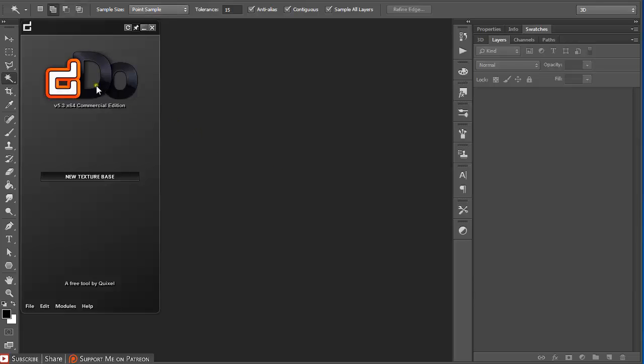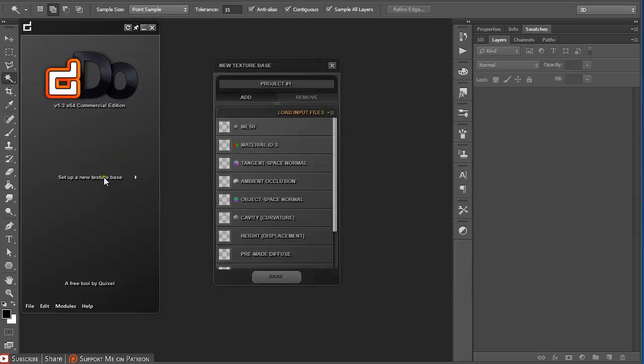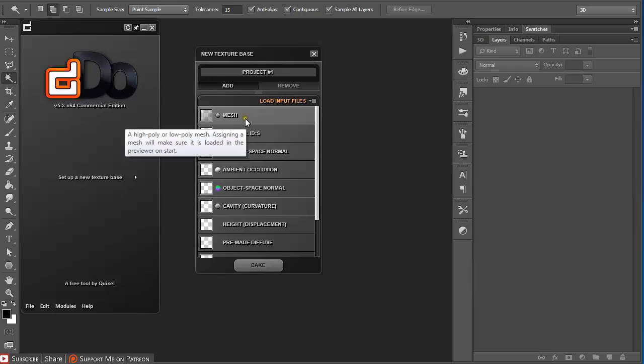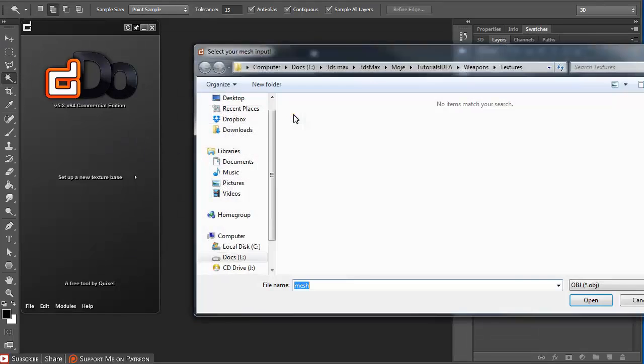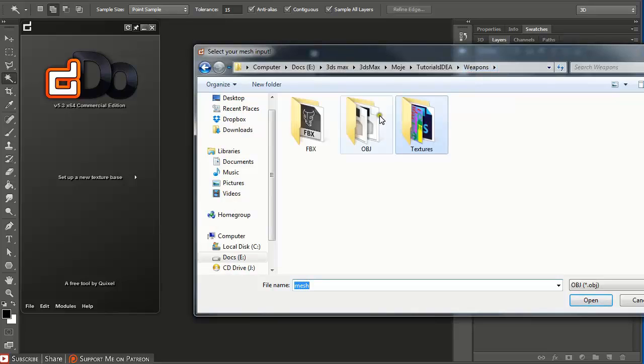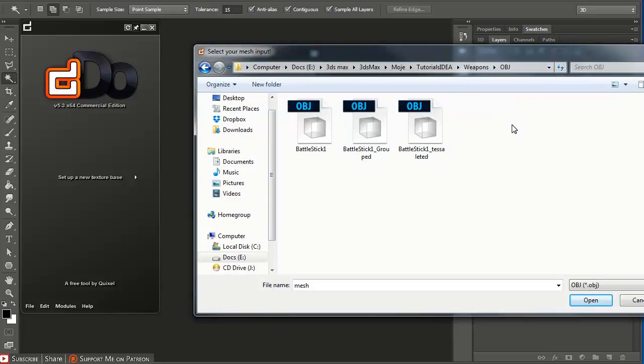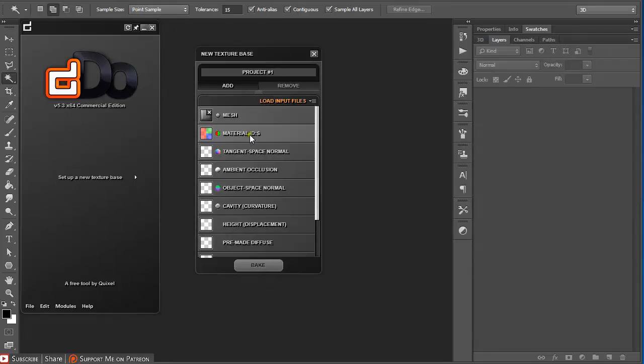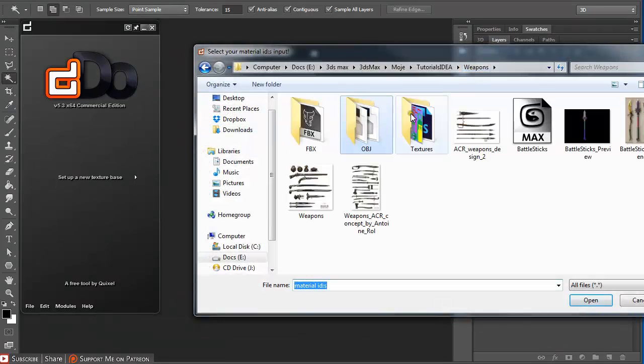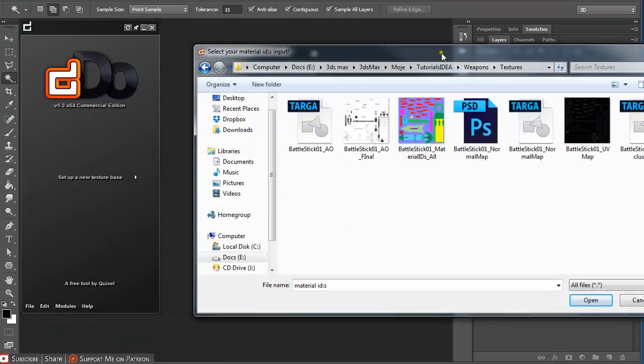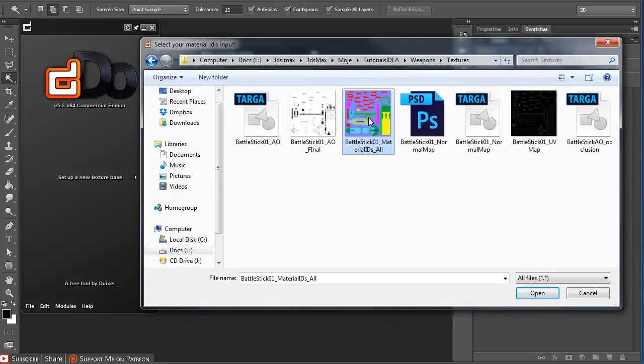So here we are in dDo to paint our model. To create a new texture, just click here, new texture base, and this window will pop up, and then just load in all the assets that you need. So we are going to load in the tessellated OBJ, the material IDs that we created in dDo2 from the normal map,